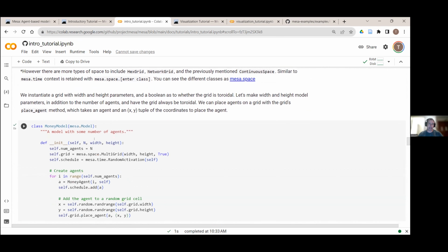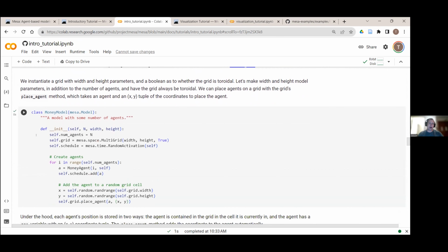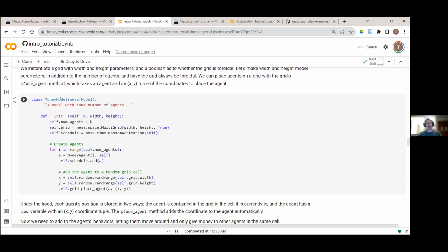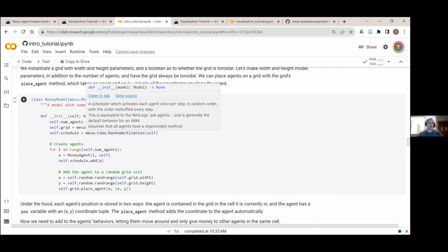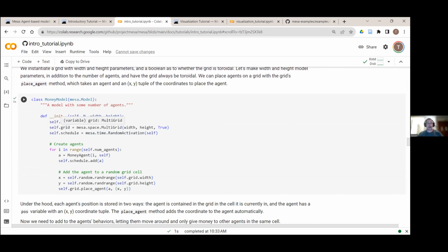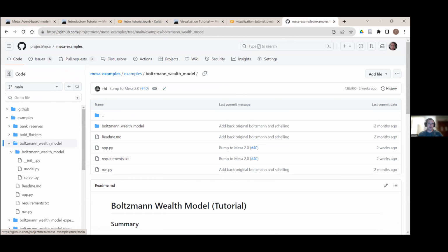So we want to create that. And so now with Mesa models, we're back in the manager class, the money model, right? Just like self.schedule, we created that object. In this one, we're going to create a multi-grid. We have a couple different ones, so just to always emphasize this point here,